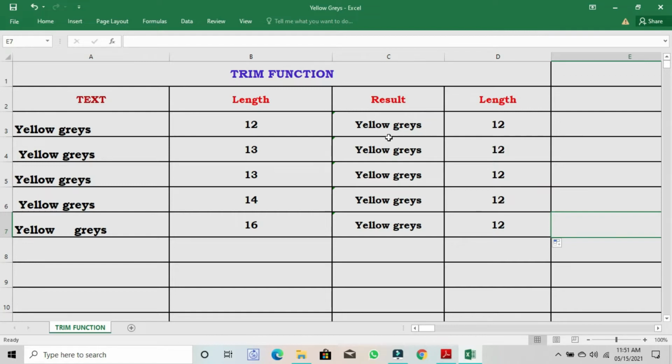Now a question arises. Is there any function to remove the complete spaces? Even I don't want a single space in between the text. Let's try this with the help of the SUBSTITUTE function.